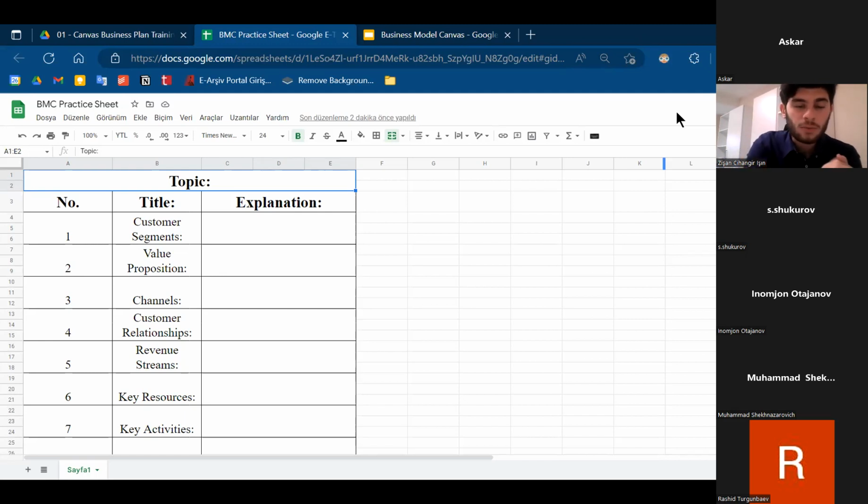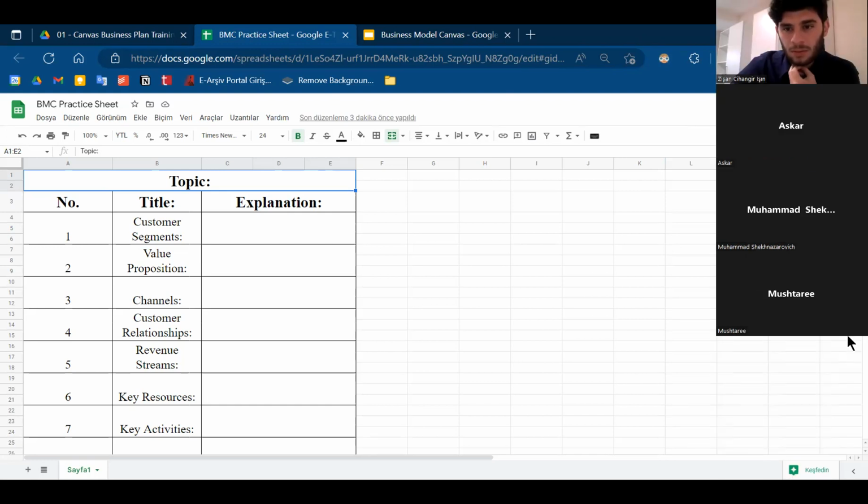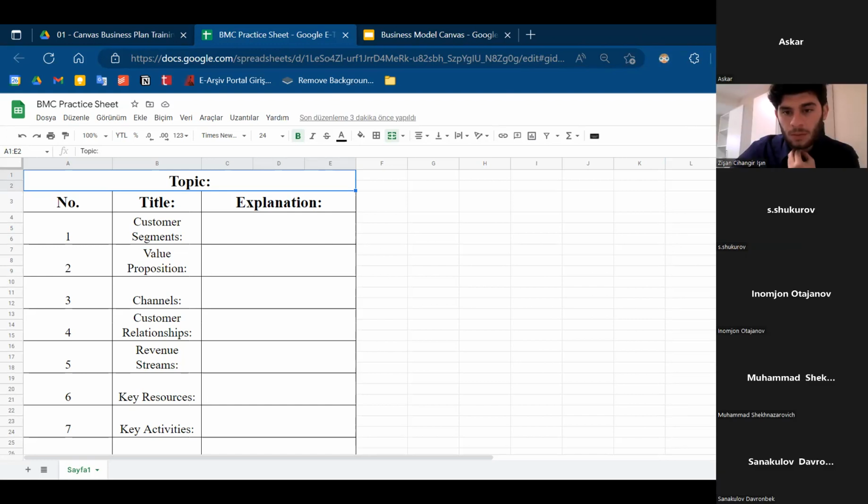Okay, so who wants to volunteer to throw an idea so that we can do this in collaboration and create a Canvas business model all together? I'm going to need participation in this part, as I have said, to make this more worth all of our time. So anybody wants to throw an idea? Let's go through our idea then.